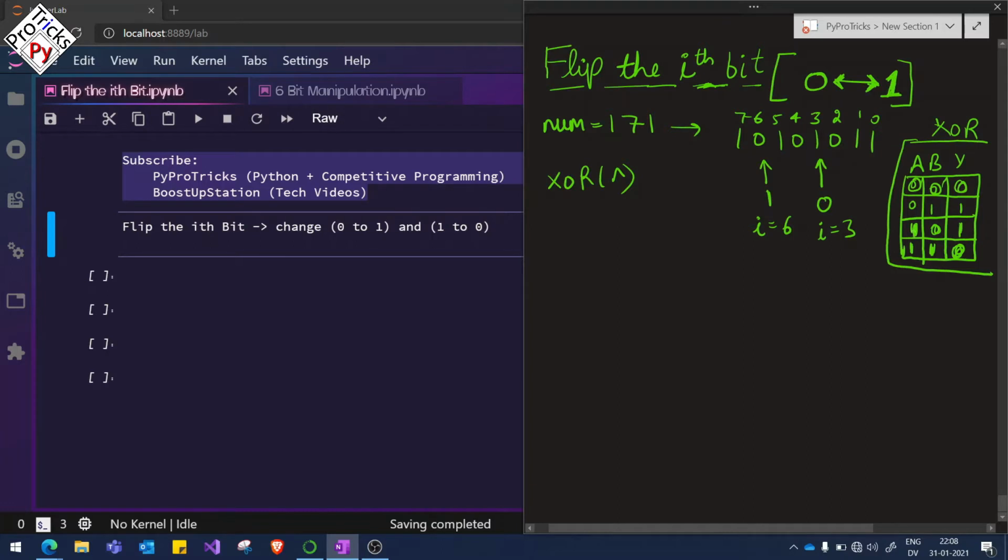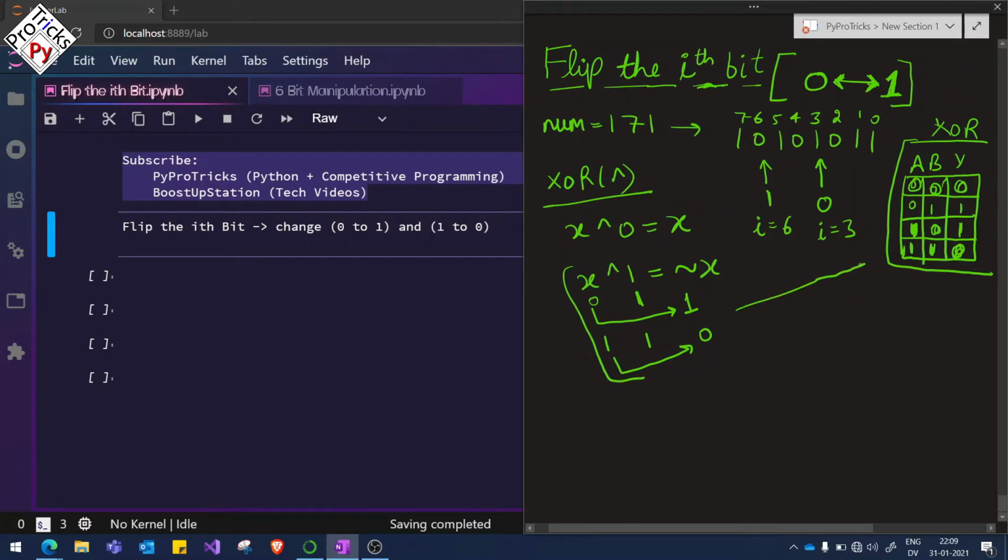So we can generalize it: X XOR with 0 is the number itself, and X XOR with 1 is the not of X. If X is equal to 0, it will give us 1, so 0 is flipped in this case, and if X is 1, XOR with 1 also flips it and the answer is 0. You can check these values from the table itself: 0 XOR 1 is 1 and 1 XOR 1 is 0. So we are going to use this property.